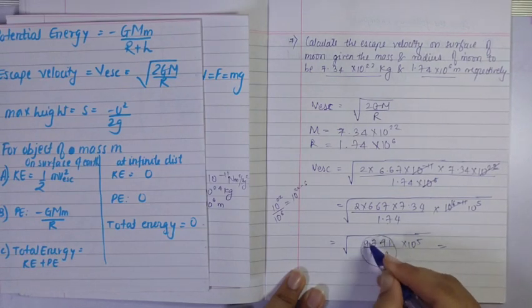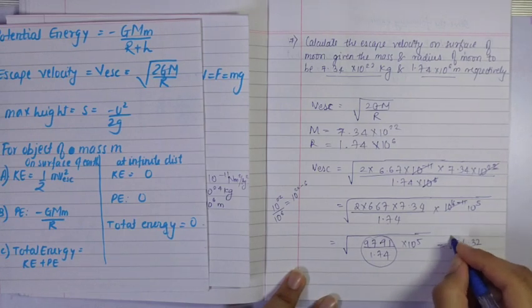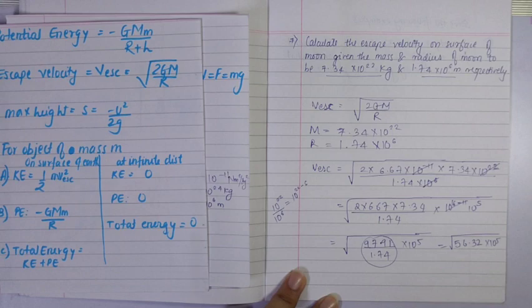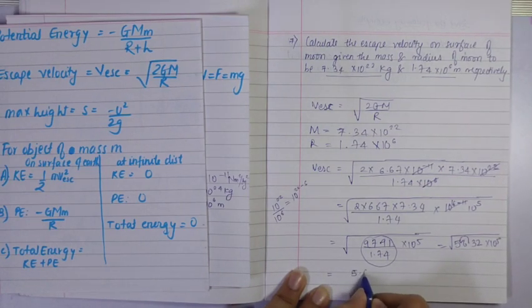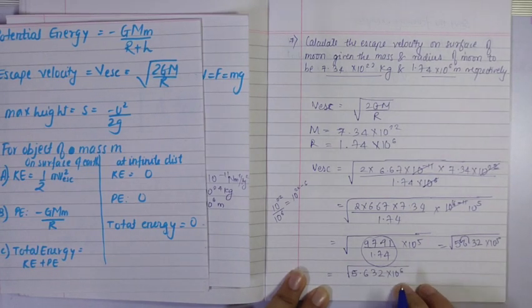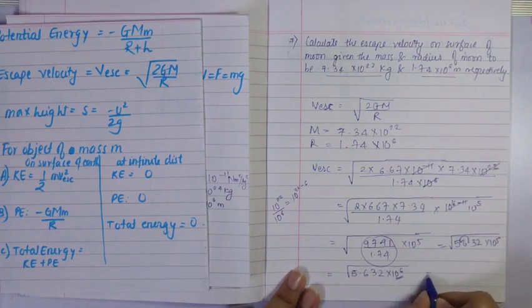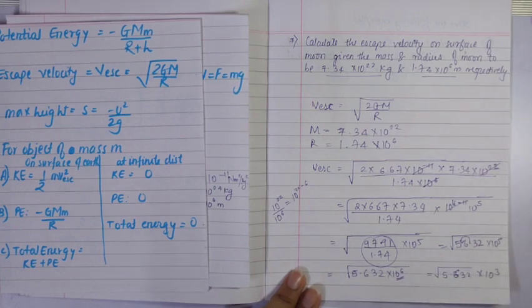So when you calculate this part, it happens to be 56.32 under square root only, into 10 raised to 5. So to make this an even number, as I told you, I shift this point here. So it becomes 5.632 under square root into 10 raised to 6. When this comes, this 10 raised to 6, you need to bring it out. This will become square root of 5.632 into 10 raised to 3. Exactly half. When you bring 10 raised to 6 out of your square root, the index, that is your power, becomes exactly half. So 6 becomes 3.